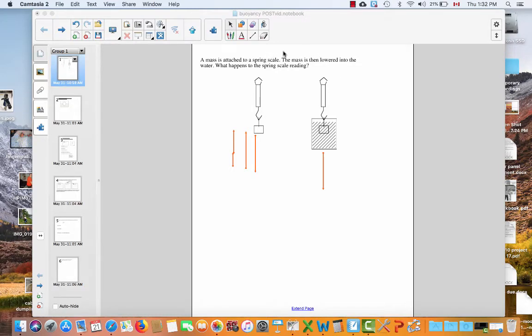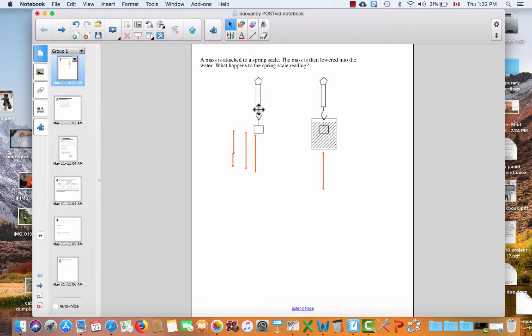All right, you've just completed a lab on buoyancy. Now for a little theory. Let's imagine we take an object and hang it from a fishing scale, a spring scale. Now, if you take that and then lower it into the water, you'll find the reading on the scale is